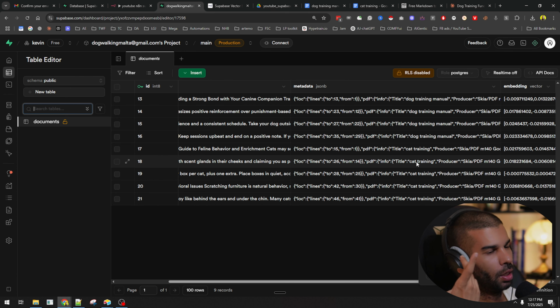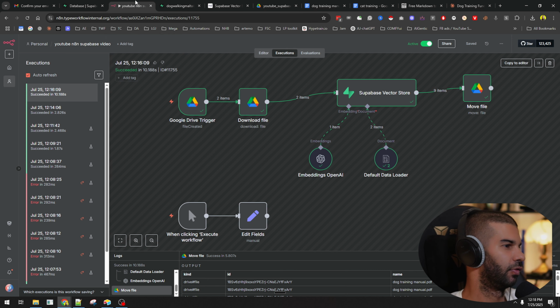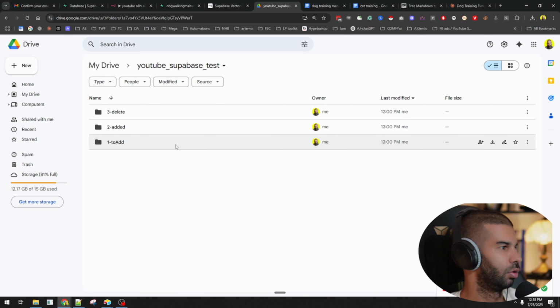Yeah. What I don't like about that is that we could have multiple doc training manuals. So if we have doc training manual 1 and, can we have multiple documents with the same name? That's a good question. Let's try that out. Because if we can't, then it's not an issue. But if we can, then it would be an issue, and I will have to do it the way I